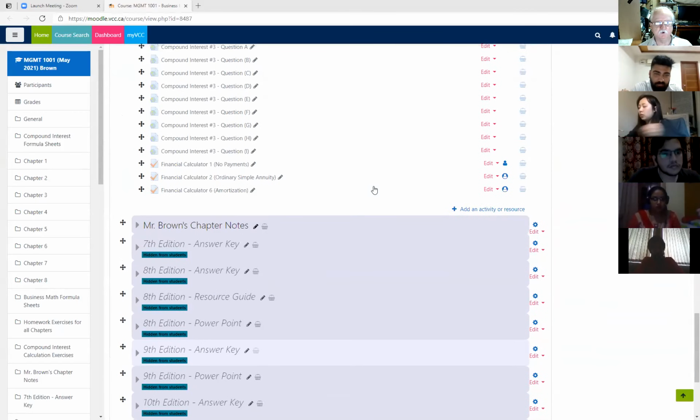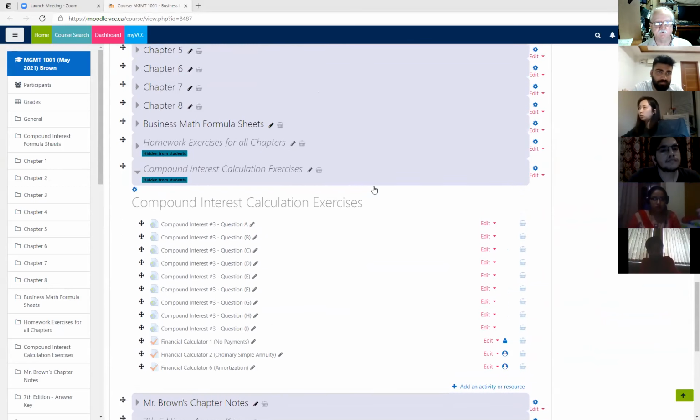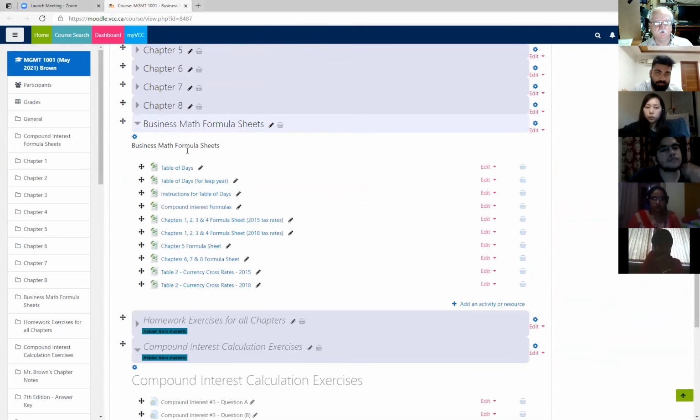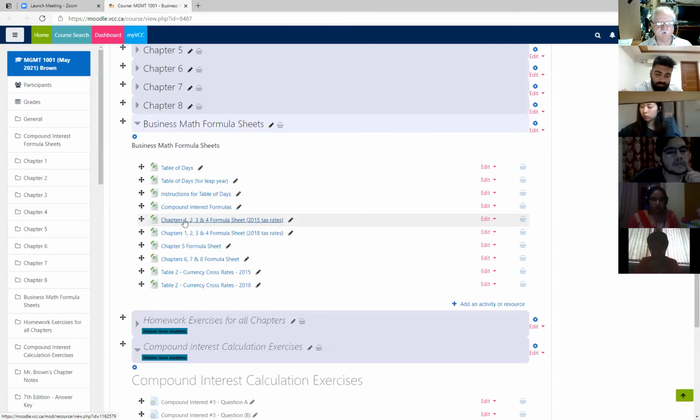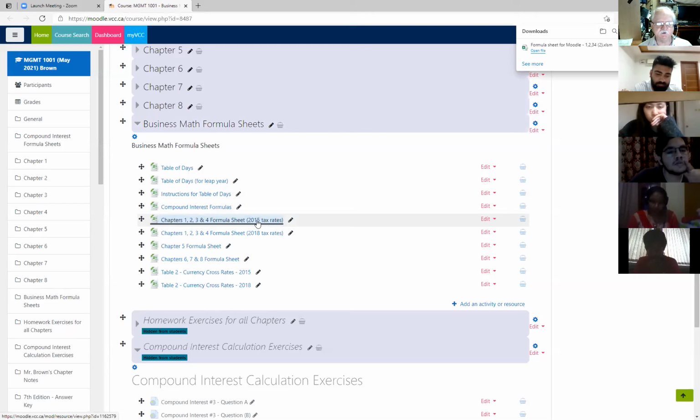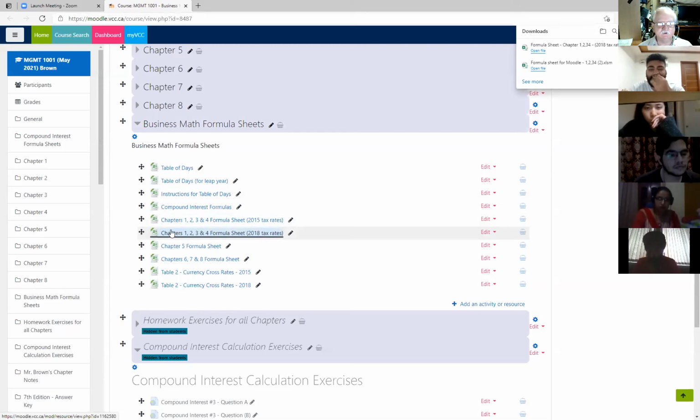I'm trying to look for where I'm hiding these formula sheets. Here, business math formula sheets. And we've got chapters 1, 2, 3, and 4 for the 2015 edition. But we want to look at 2018 tax rates because that's the latest tax rates. And so if we open this file,